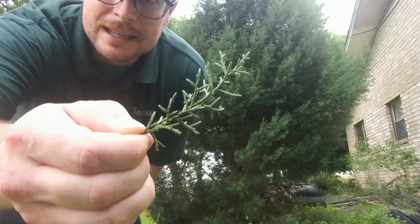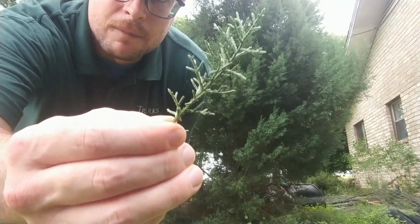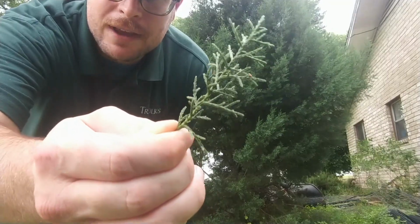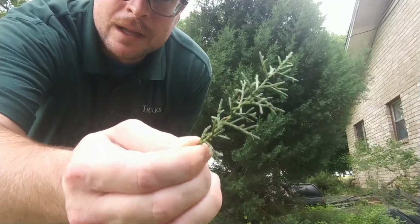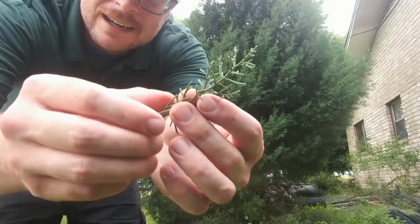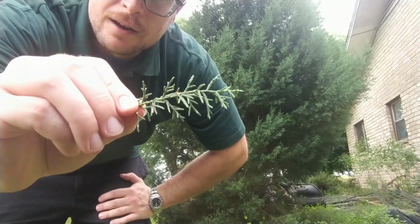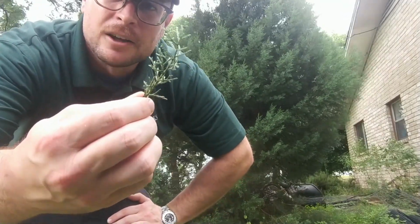This, however, is an Arizona cypress. So Arizona cypress are from far west Texas. They do really well in the Hill Country because they're very drought tolerant. But you can tell that the branch structure on here is much more open than the junipers, which is a great way to tell these apart. They also have slightly different